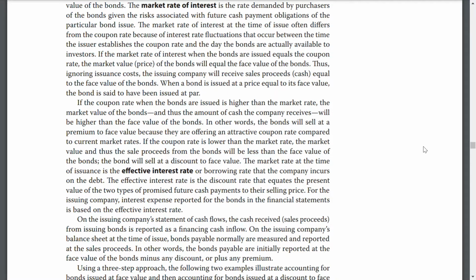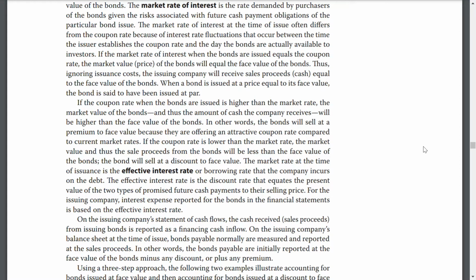If the coupon rate is lower than the market rate, the market value of the sales proceeds for the bonds will be less than the face value of the bonds. The bond will sell at a discount to face value. The market rate at the time of issuance is the effective interest rate or borrowing rate that the